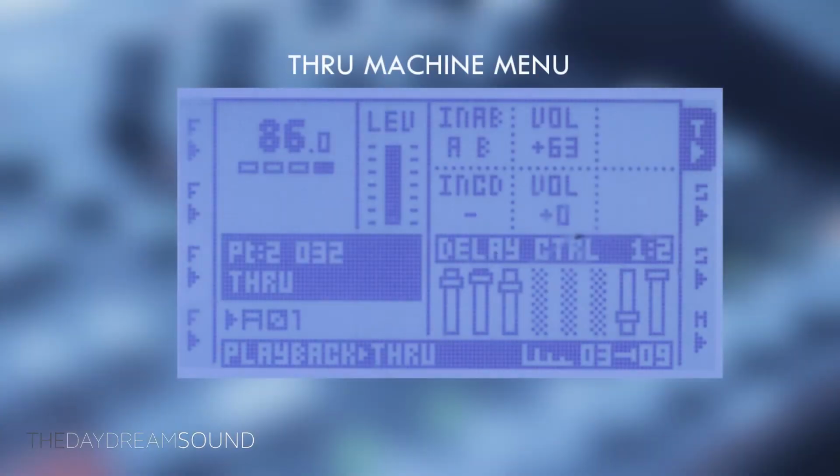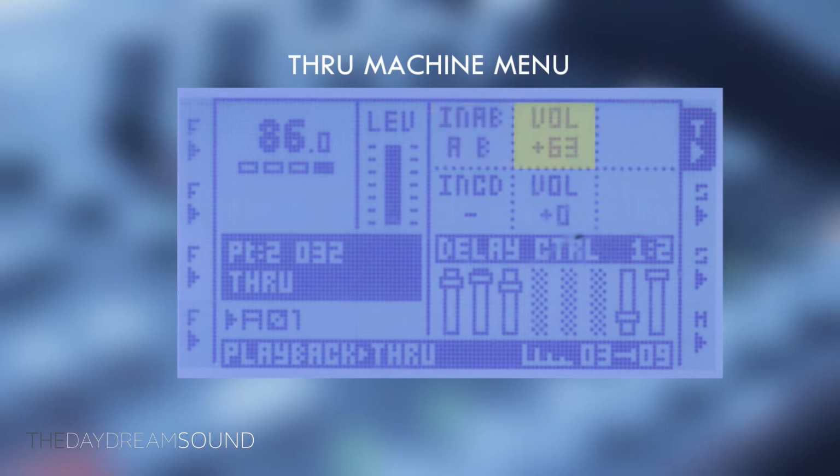No. We access the through machine by hitting one of the 8 designated tracks that you would like to use for your external input, or hitting the playback button on that track. In this example, we're going to use track number 5 as our gateway for the MC303. In this menu, of the 6 columns, you're going to see input A and B. That represents the channels that we're coming into, so we're going to select both of those because we're running in stereo. You could only plug in one if you wanted to.